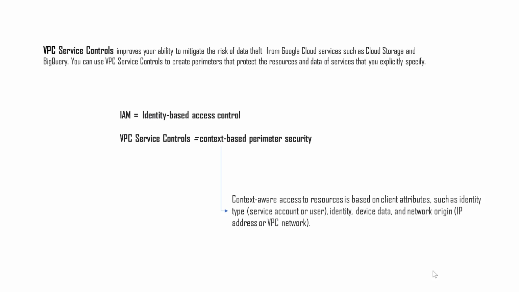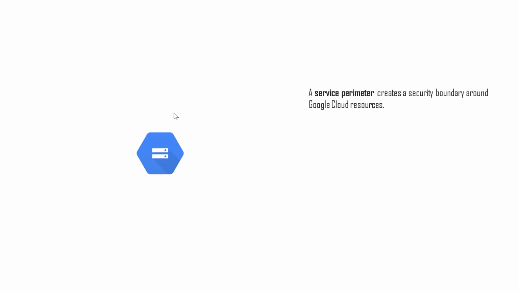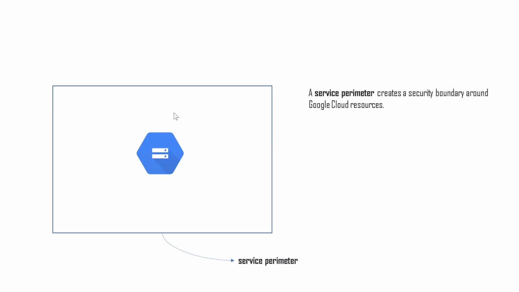So now let's look at a very basic example of a perimeter that can be created for your resource. We'll start off with a very basic example of creating a service perimeter, which is basically a security boundary across our cloud storage. What will happen is we'll create a perimeter, and once we've created this perimeter, nobody will be able to access any resource within this particular cloud storage. So let's see how we can do this.